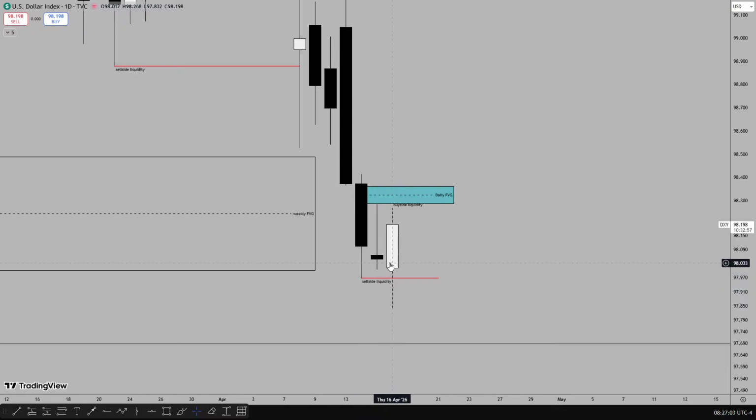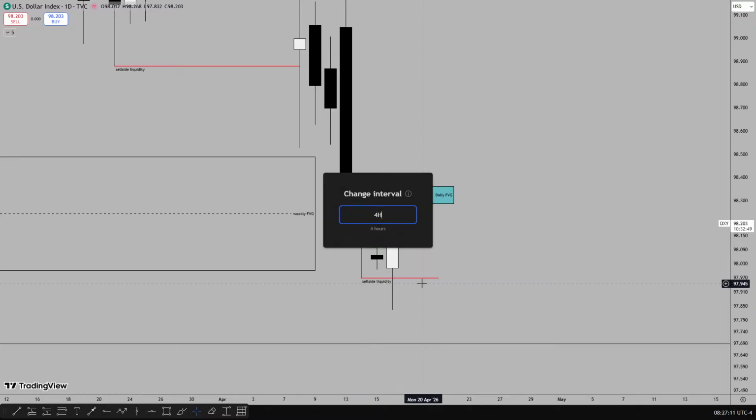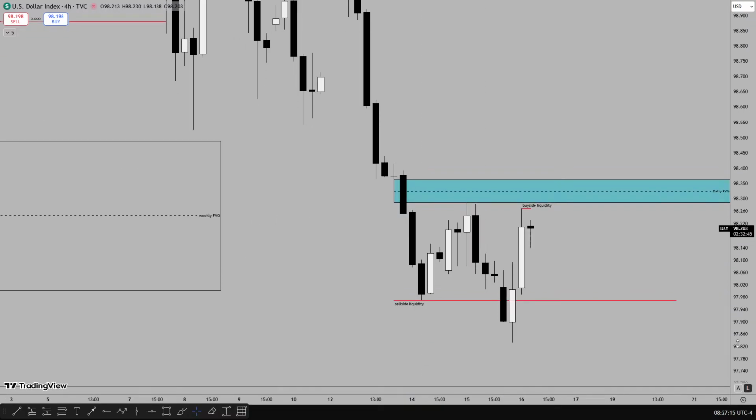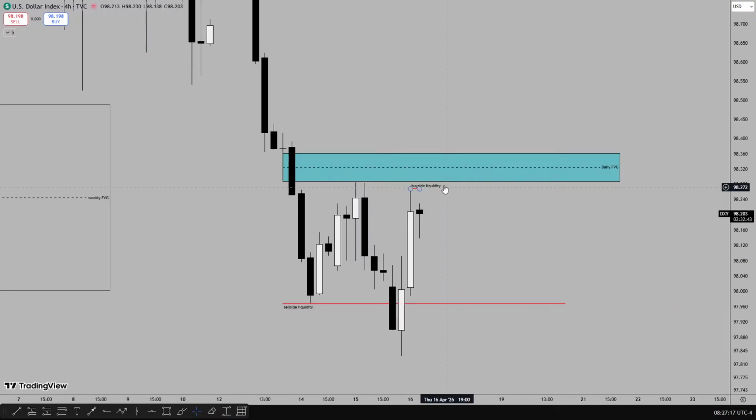But first, from the opening price, price took out the sell side liquidity. That got to the second scenario of my daily bias. Now, I wouldn't recommend it as a high probability setup. After a run on the sell side liquidity, if we were to look at the idea, first we need to play both sides. We need to look at both sides. What's the best scenario from both sides? That is one of the best ways to determine your bias.